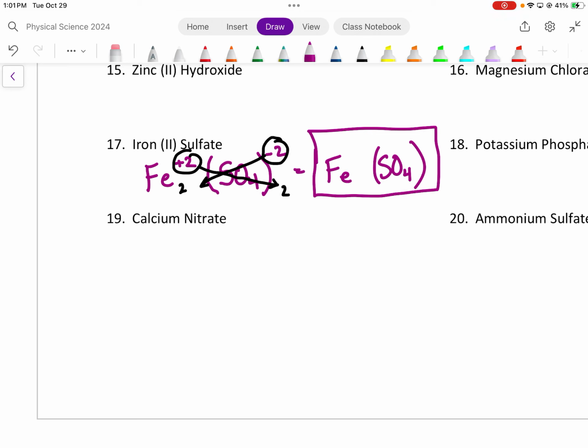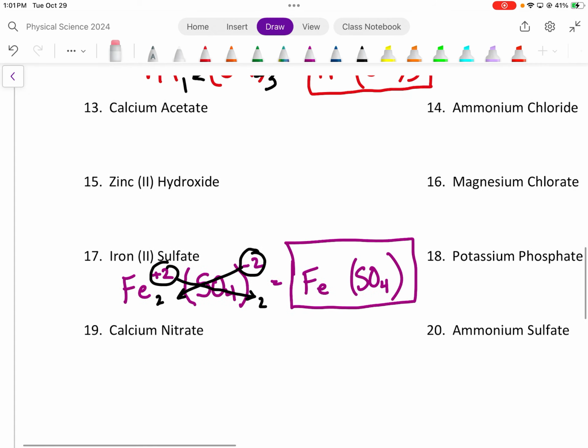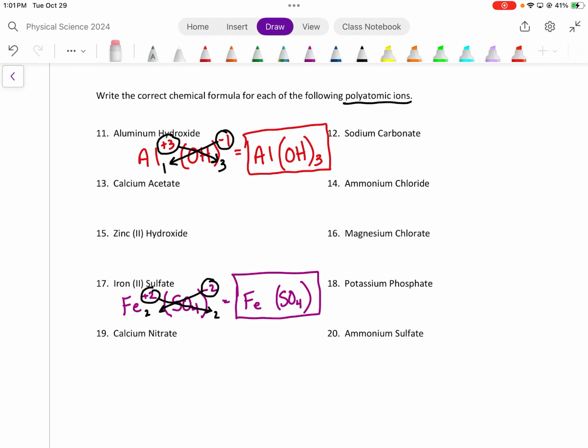It'd be the same if it was a 3 and a 3. We would simplify that as well. If we had something like this, for example, aluminum +3, nitrogen -3. Well, the 3 and the 3 simplifies down. There's our correct formula. So if we've got similar subscripts, we can eliminate those. And that's how we do formulas for